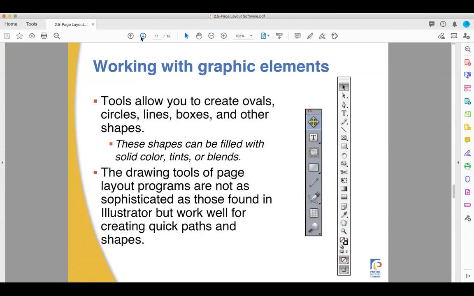There is a pen tool. There are Pathfinder tools. There are shape tools. You can draw boxes and shapes and fill them in with colors and gradients and tints and all sorts of fun things and patterns. But sometimes, for anything really even sort of complicated, it's better to create